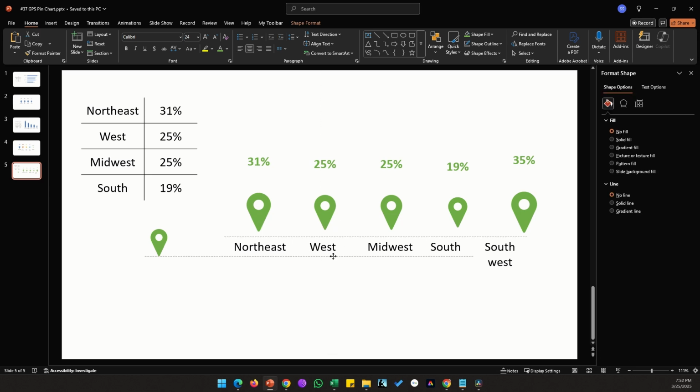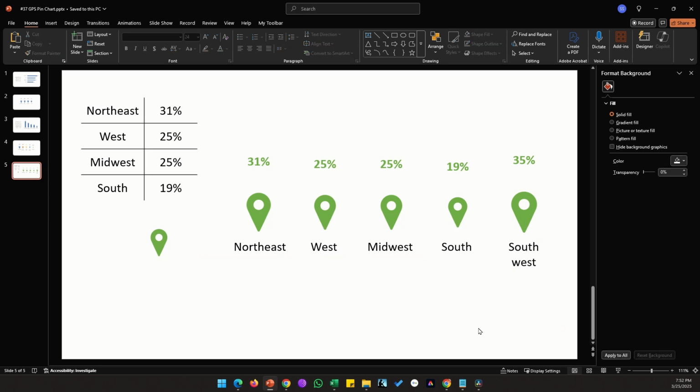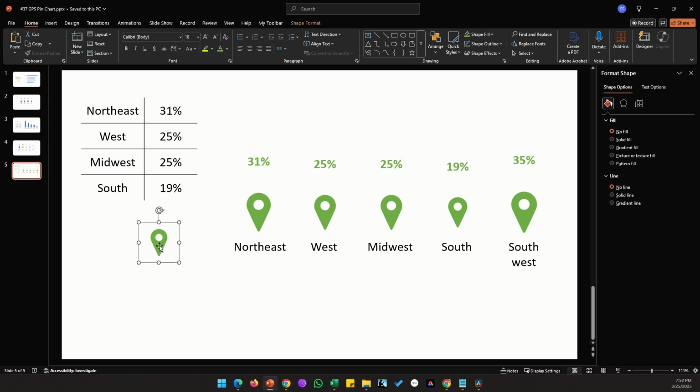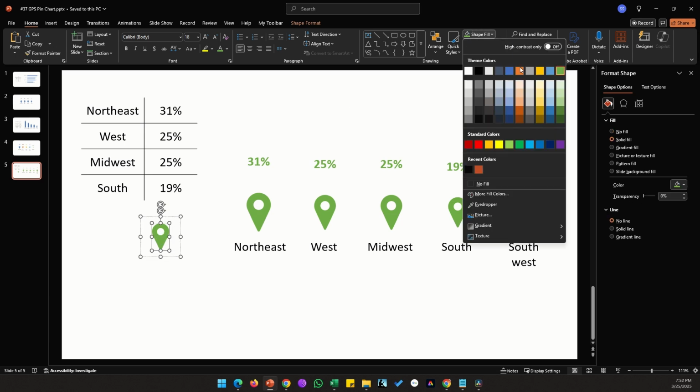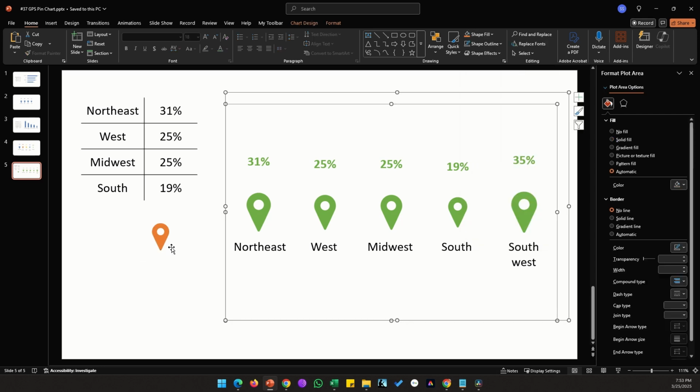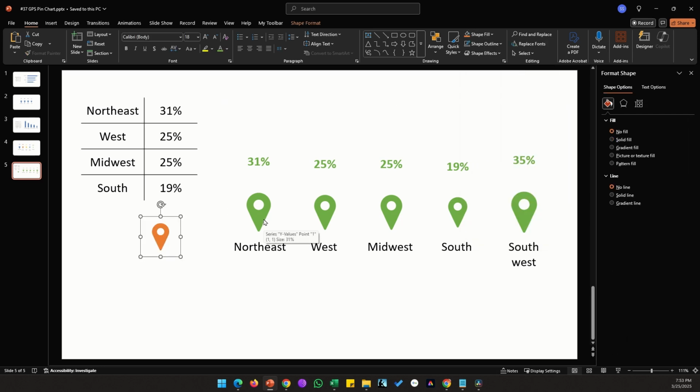So let's fix these labels. And we're done. If you want to change the colors of these pins, just go to this icon that we have prepared. There is a white circle at the back of this pin, if you remember. Just click on the icon and not the circle. Change the color to say orange, and you can either paste this circle for all our pins or any one